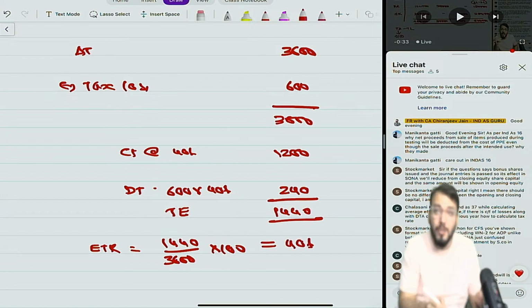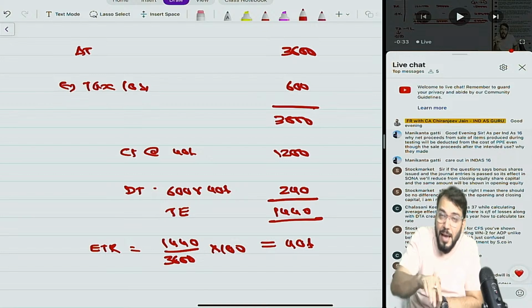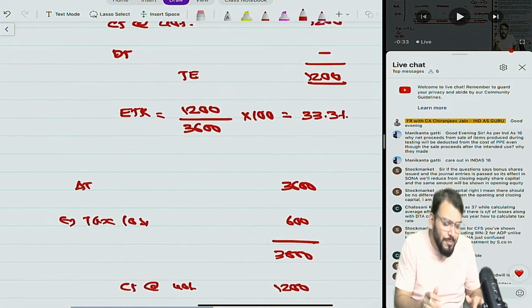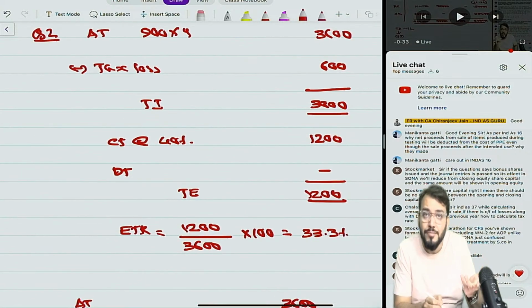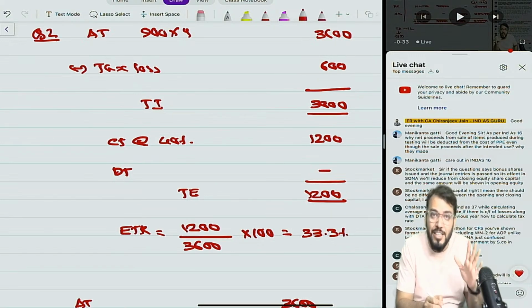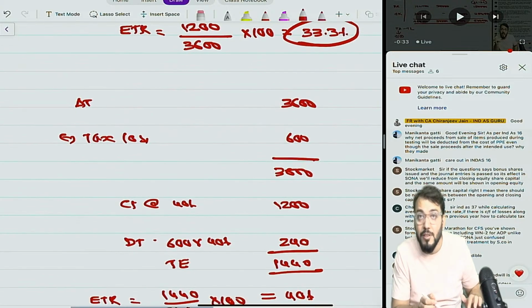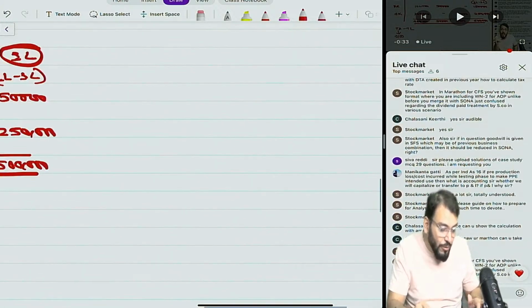So the same is coming, because you can see we are applying the matching concept. Here the applicable tax rate becomes the effective tax rate, and therefore they do not ask this type of question, because if you use your applicable tax rate, the student will do it correctly. So to give a good question, they say that on the tax losses of last year DTA was not recognized, and therefore the effective tax rate will be different from the applicable tax rate. Now have you understood, Kirti? Is your doubt over or not?